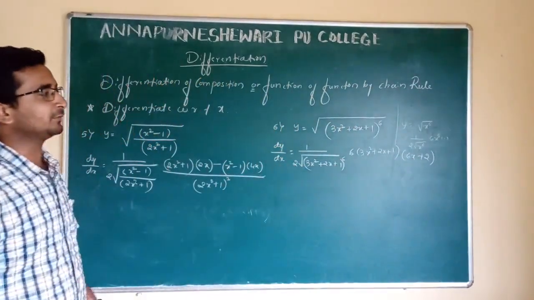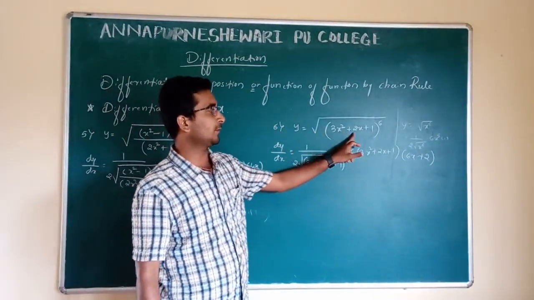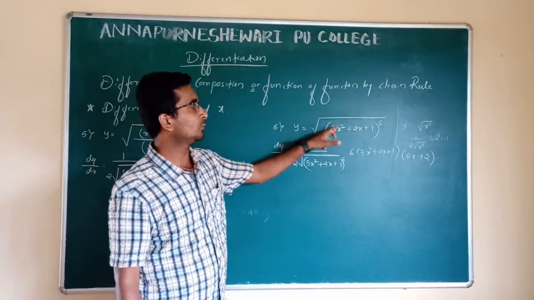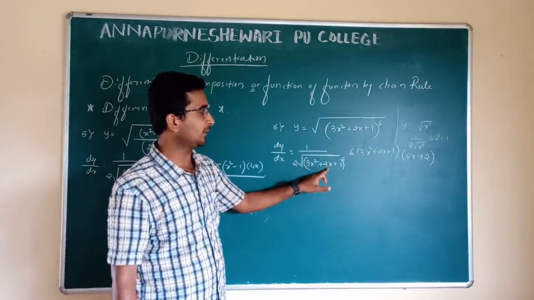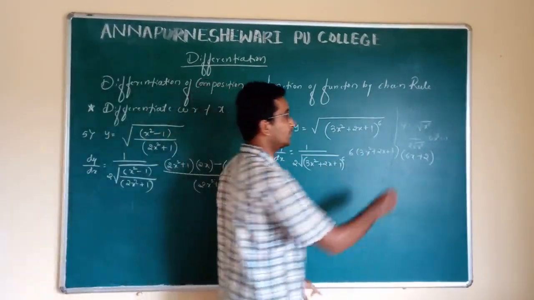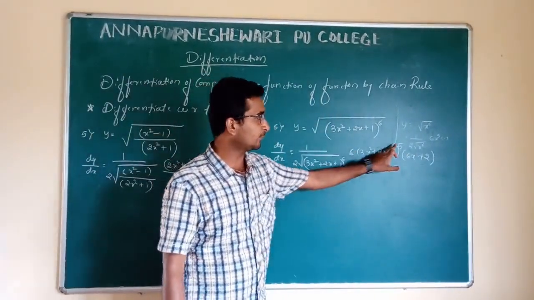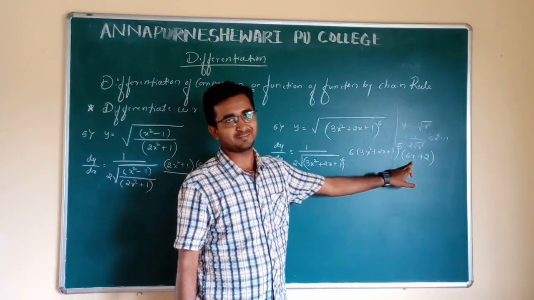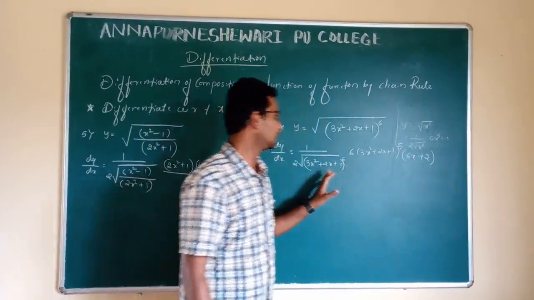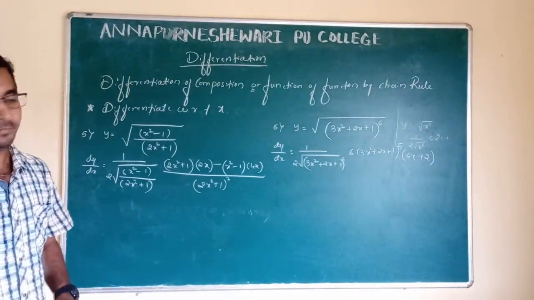Again I am repeating this one example. So look here. Root of 3x squared plus 2x plus 1 whole raised to 6, what are we going to write? Root of x is 1 divided by 2 root of x. Here x is in the form of x raised to 6. Then x raised to 6 differentiation is 6x raised to 5. Don't forget, x raised to 6 is 6x raised to 5. Then the differentiation of x is this. This is the differentiation of y equal to root of 3x squared plus 2x plus 1.